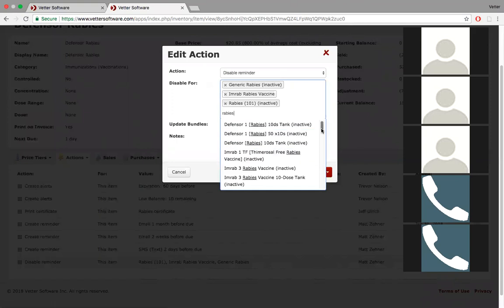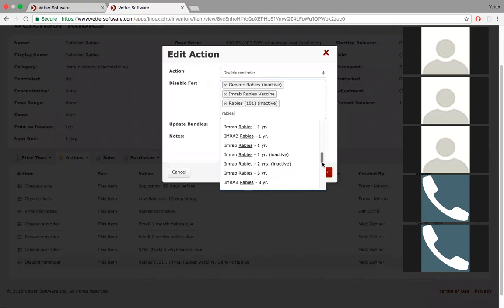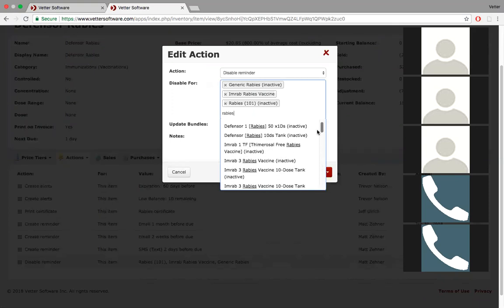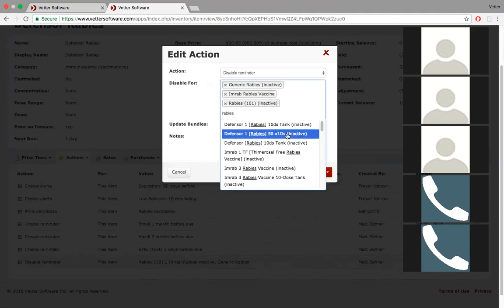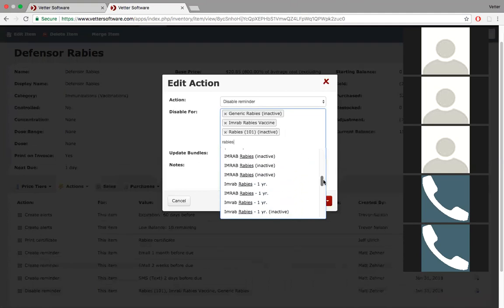So I could sit here and say I could deactivate all these other ones if I wanted to. We have a whole bunch here. You get the idea, right? And I can just inactivate these, right? Disable them. So many of them are already inactive, but you get the idea. So I want to make certain I don't double up on these rabies. And so that's where I use the